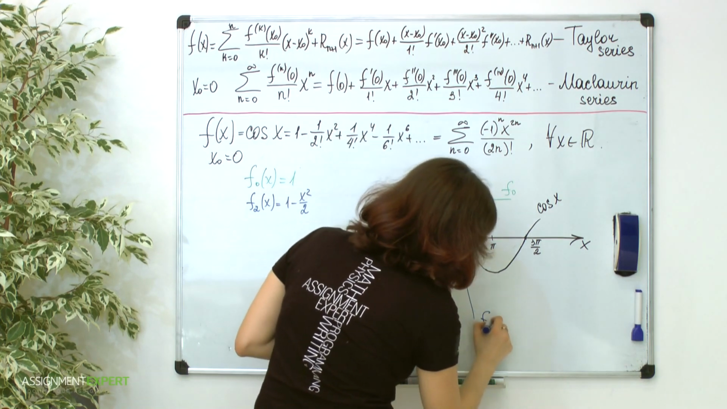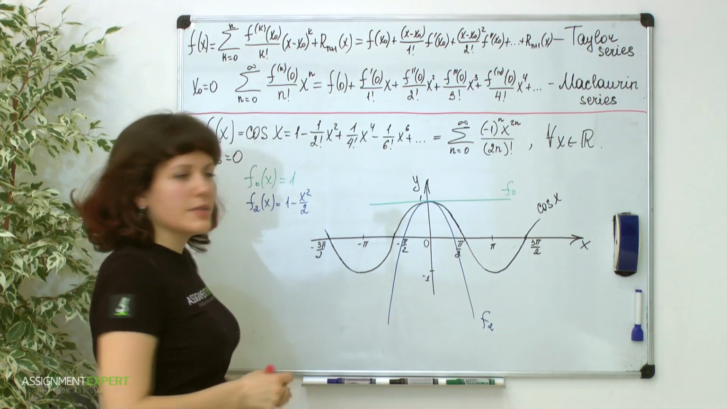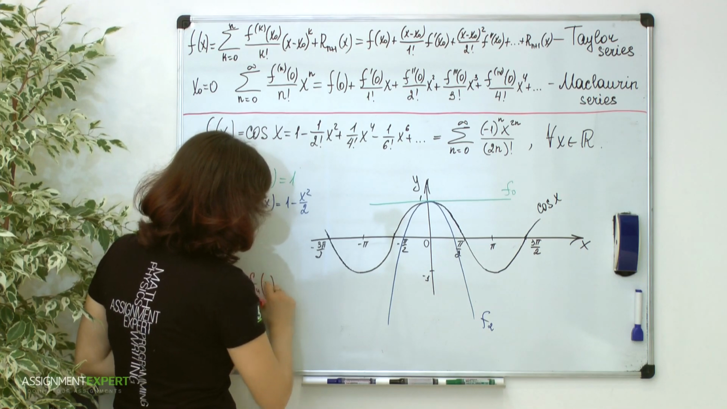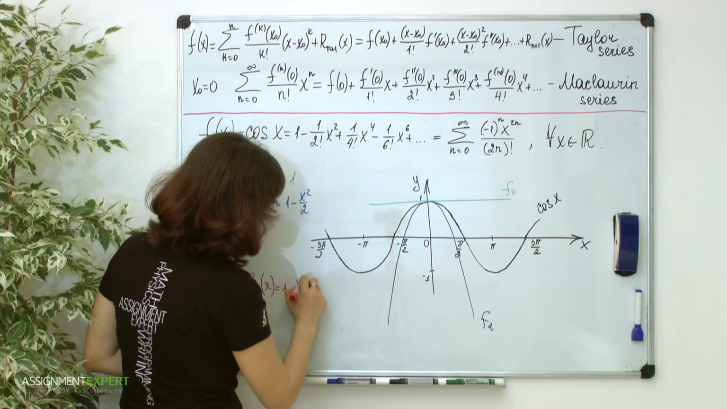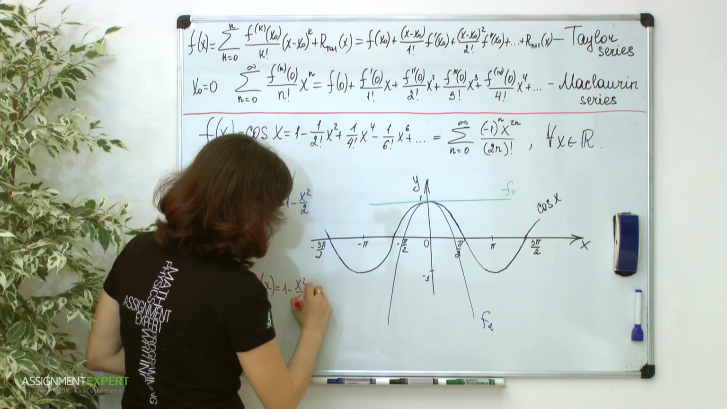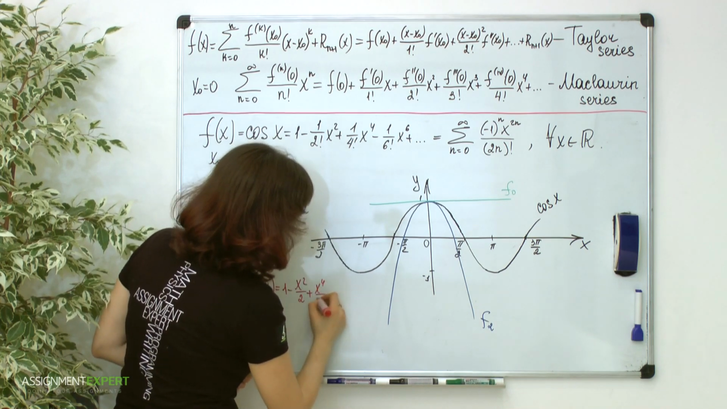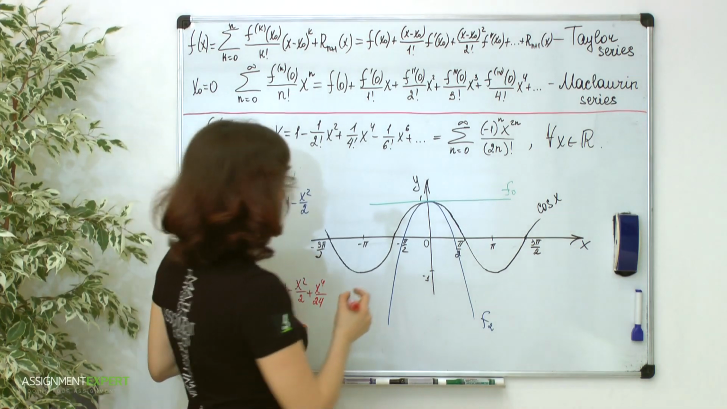The fourth degree approximation function f4 of x equals 1 minus x squared over 2 plus x raised to the 4th power over 24. And the graph of this function is